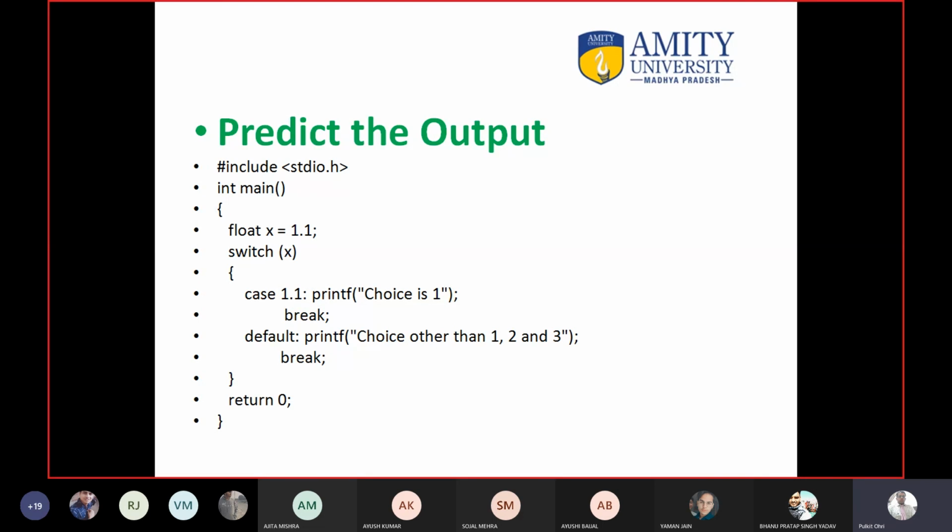Yes, anyone, any answer, whether it is wrong, no worry. Yaman? So it is error because float is not allowed in switch, maybe. Okay, sir, but why are they not allowed?